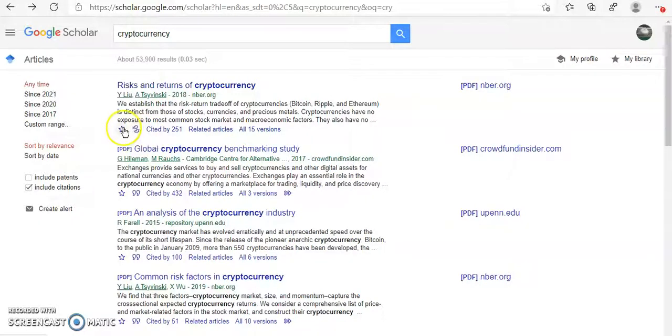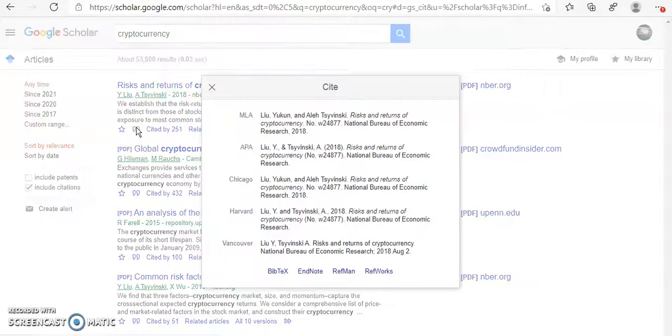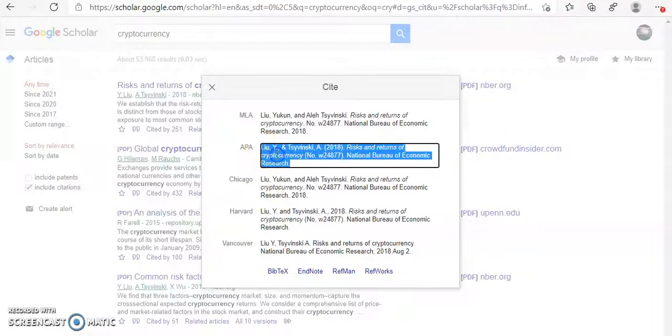Once this window opens up, there are a number of different citing styles which are available. Choose whichever you want to go for, select it, press Ctrl C, copy and paste it in your referencing list, and the whole thing is available. So what is it showing? It is showing you the names of two researchers. It always begins with their surname first, and the first name only the first letter.